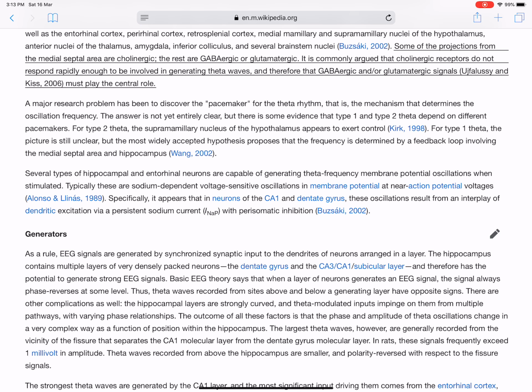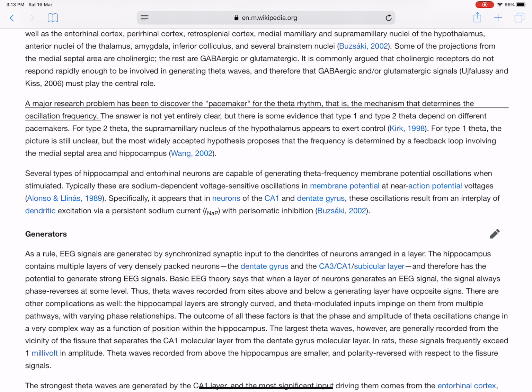It is commonly argued that cholinergic receptors do not respond rapidly enough to be involved in generating theta waves, and therefore that GABAergic and/or glutamatergic signals (Ujfalussy and Kiss, 2006) must play the central role. A major research problem has been to discover the pacemaker for the theta rhythm, that is, the mechanism that determines the oscillation frequency. The answer is not yet entirely clear, but there is some evidence that type 1 and type 2 theta